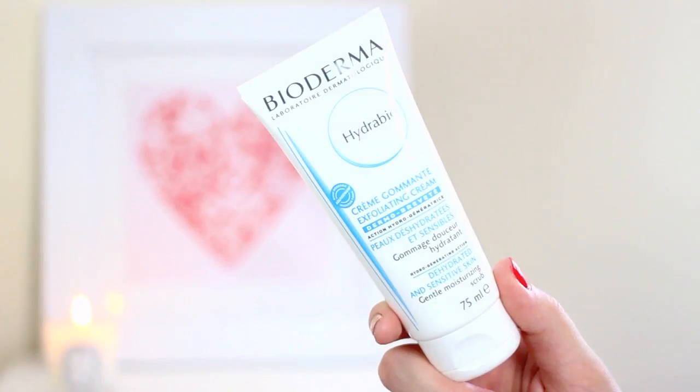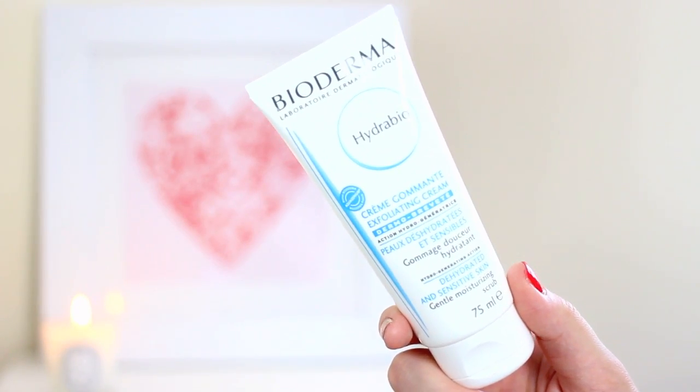So my next favourite is from Bioderma, and I've been trying out a few of their products. Now that they stock it on essential.com, it's quite easy to get hold of. So I bought a few things and I've been trying them out, and this is the Hydra Bio. This is the gentle exfoliating cream, and recently I was saying how much I'm into chemical exfoliants, so nothing with a gritty texture to it, more like toners and things with AHAs in them, which I've really been enjoying using. But I did find that my skin was getting a tiny bit of build-up of dry skin, mainly around my nose where I get it the most, and a little bit on my forehead. So I thought I would include just a really gentle scrub into my routine, and this is